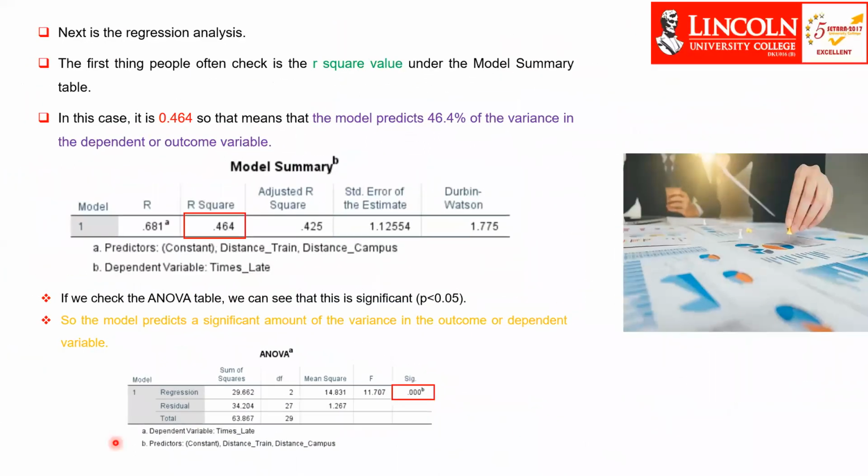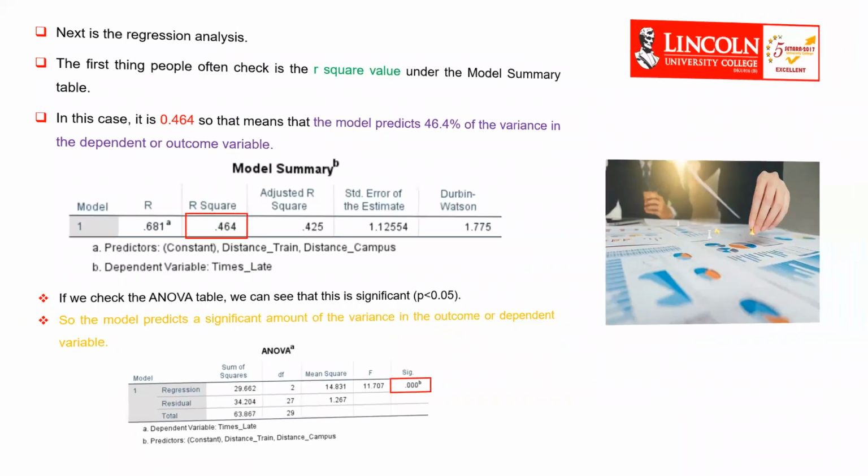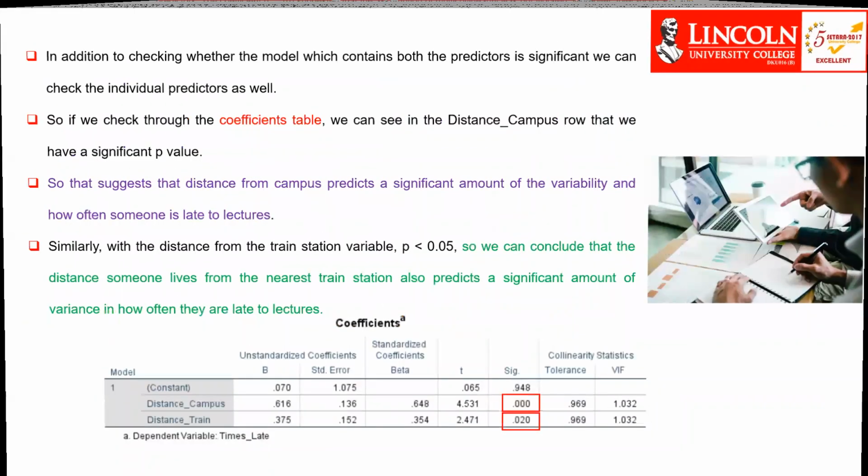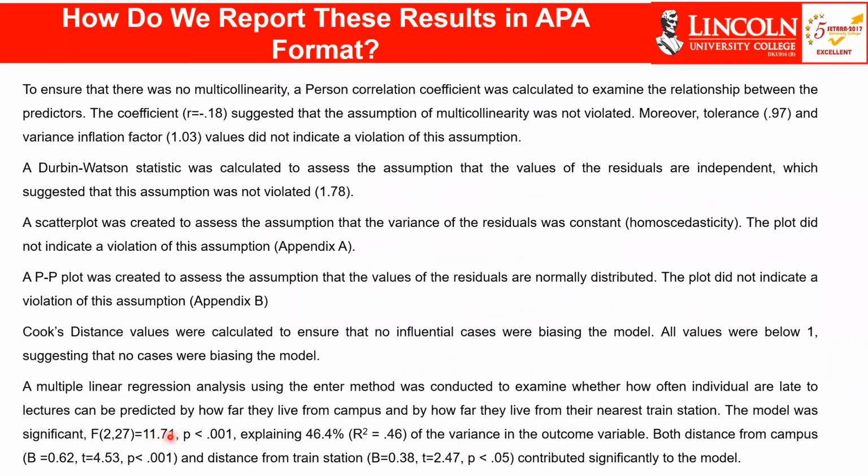So this is F. The value of your F is 11.77, and your degree of freedom for your regression is 2, and your degree of freedom for your residual is 27. So 2, 27, this one we got it. So we have this one, and the value of the F is here. They will say P is less than 0.001. Then explaining